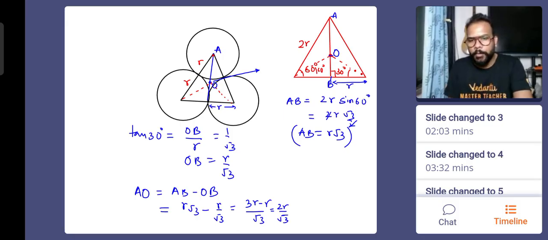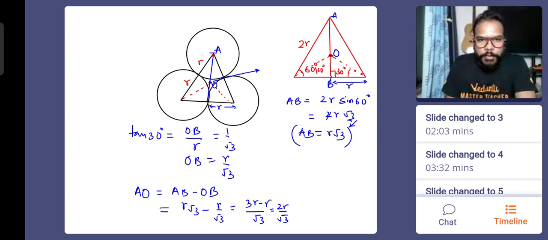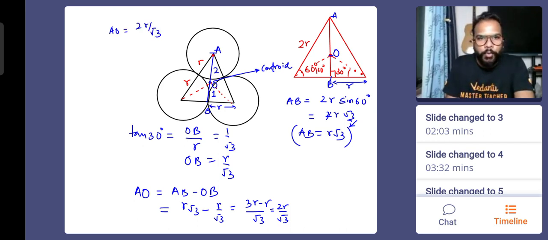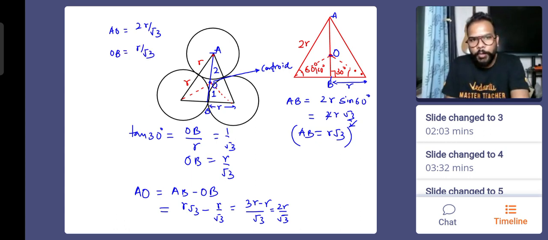तो ये मिल गया हमें 3r/√3 माइनस r/√3, वो है 2r/√3। और अब तरीका बता देता हूँ जो जनरली मैथ्स के टीचर्स बोलते हैं कि जो ये मीडियन होती है ना, ओ बी जो ए बी जो मीडियन है, ओ इज कॉल्ड सेंट्रॉइड। सेंट्रॉइड ए बी लेंथ को 2:1 के रेशो में डिवाइड करता है हमेशा, और ये वही रेशो निकल के आया। ये ए ओ लेंथ जो है वो 2r/√3 आई, और बी ओ लेंथ यानी कि ओ बी लेंथ r/√3 आई थी। तो तुम इन दोनों का रेशो देखोगे तो 2:1 आता है। ठीक है, तो मिल गया डिस्टेंस।